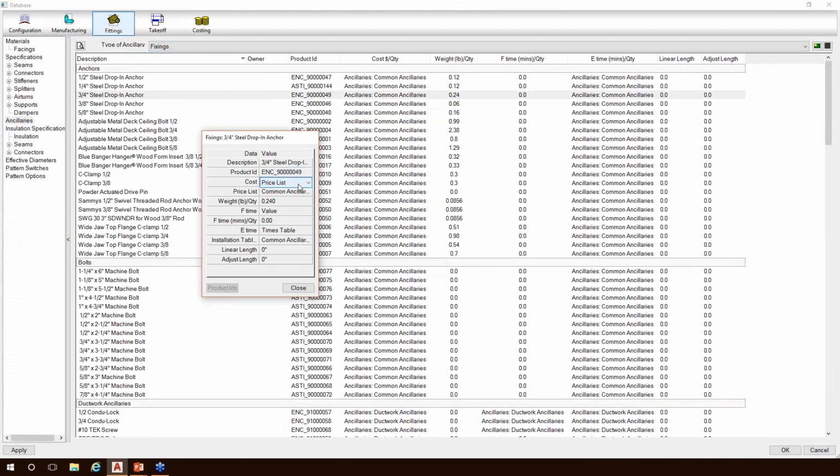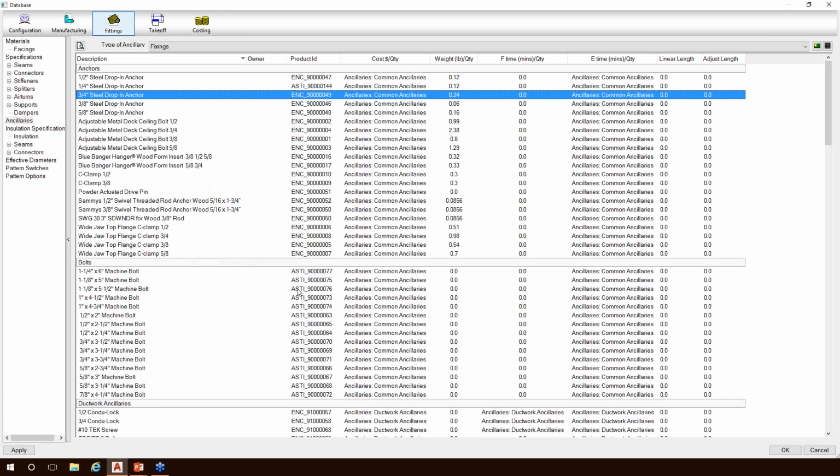We can give it a cost. We can give it a specific value. We could say this one is going to be $1, okay? Or we can point it to a price list in the database. We can also apply some weight, some fabrication installation times. All right. So being that these are not graphically represented in the model, they commonly get overlooked, but there's a lot of power to ancillaries